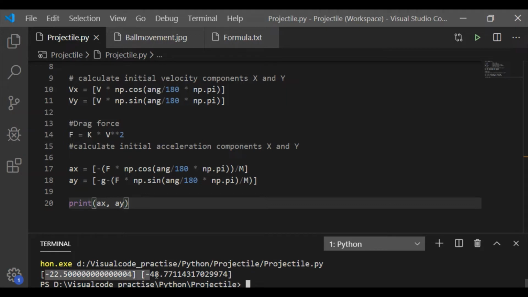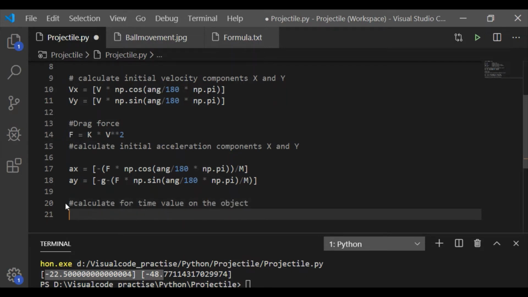as 30 degrees. We can see the acceleration is negative, minus 22 and minus 48, due to the drag force and mass m of the object. Initially, the velocity is 15 and 25 for the x and y components. Now, let us calculate these velocity and acceleration for a period of time